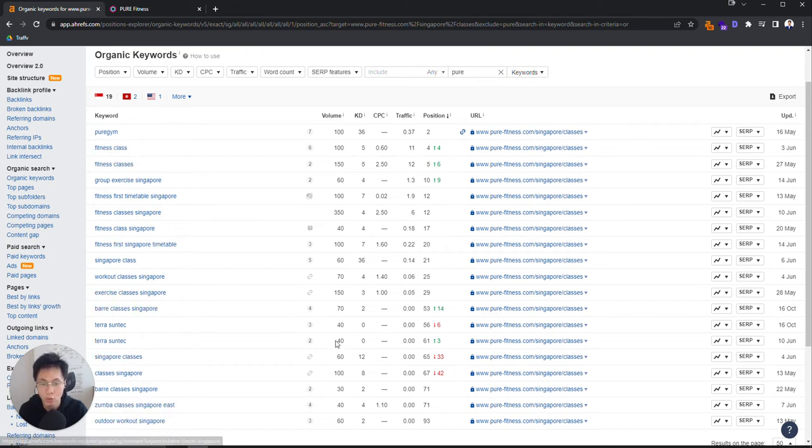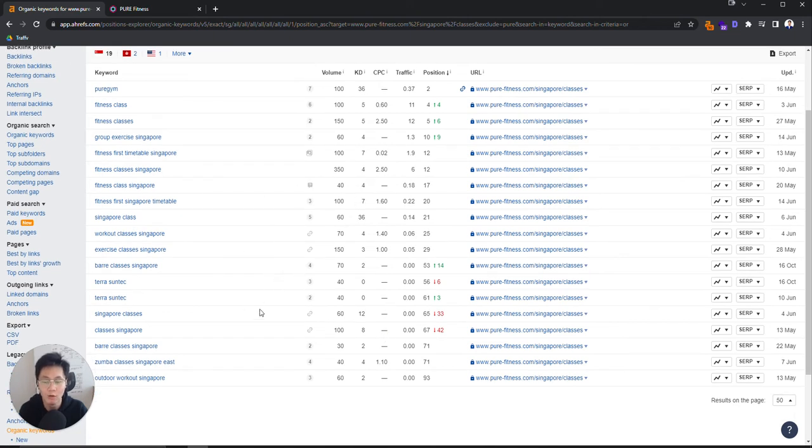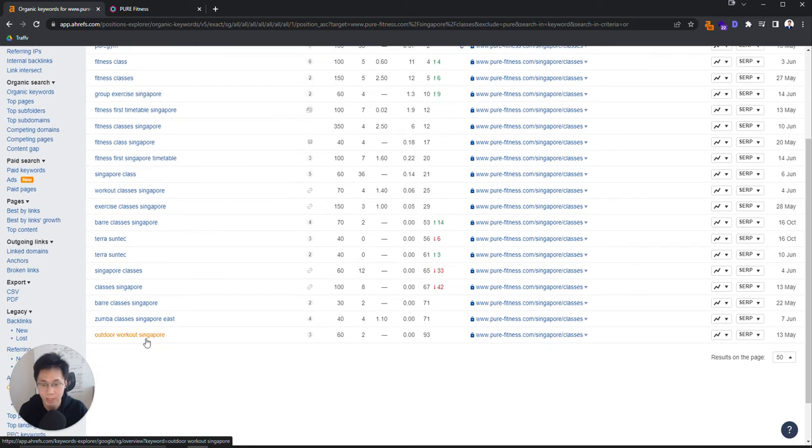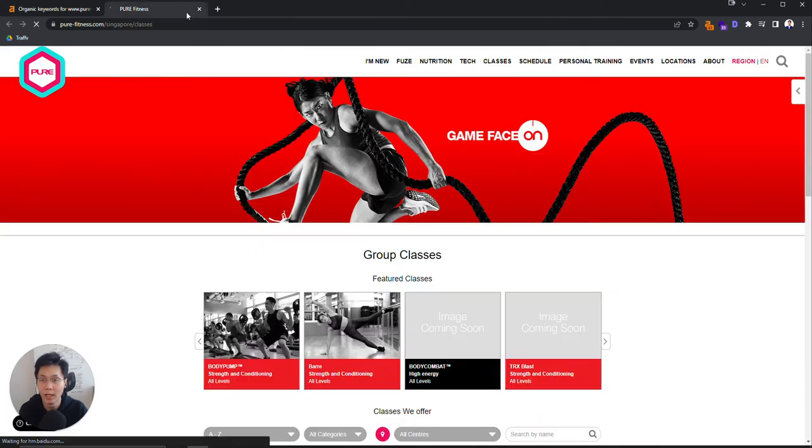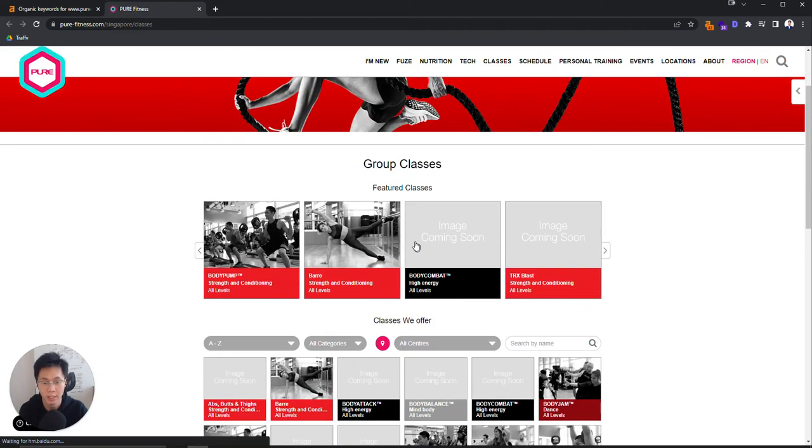Okay, so this gives you an idea of what keywords will not be relevant. You can use this as a guide, but not necessarily as a 100% rule. For example, take "outdoor workout." If you think about the people searching for this term, they are specifically looking for outdoor workouts. And when we look at this page on the website,